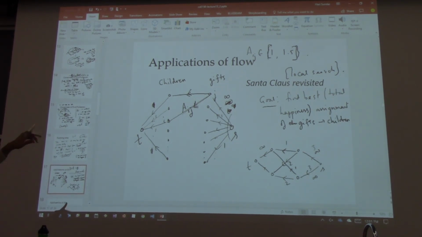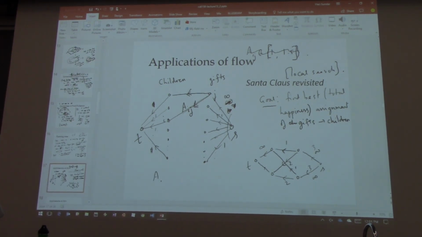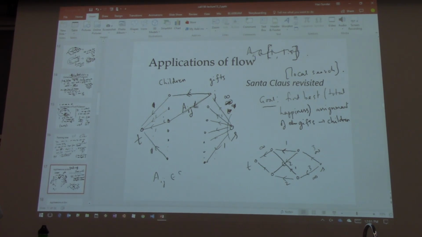Right, so I actually think I made a mistake. So I don't think this will work. So only if edge weights are 0 or 1, that's what I had in mind in some sense. So what if I told you that all Aij are either 0 or 1? They should not be in a small range. What if they're between 1 and 1.5? You can see that the same problem can actually happen, because you can send 1.5 here and then send 0.5 along different edges and so on.